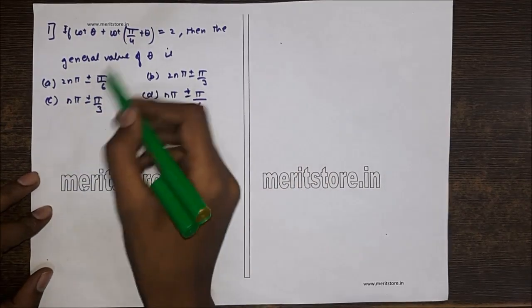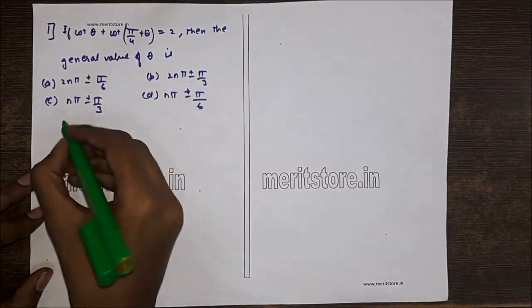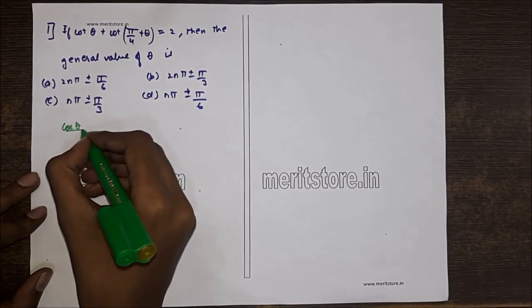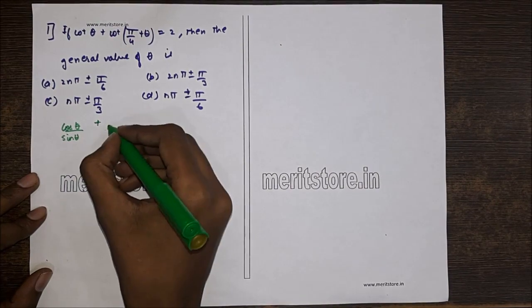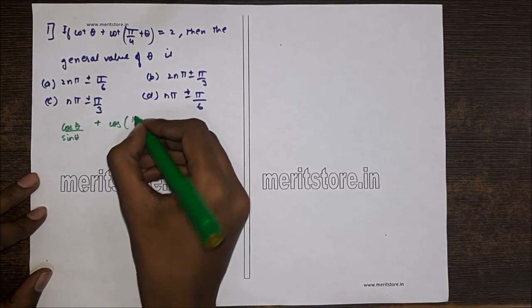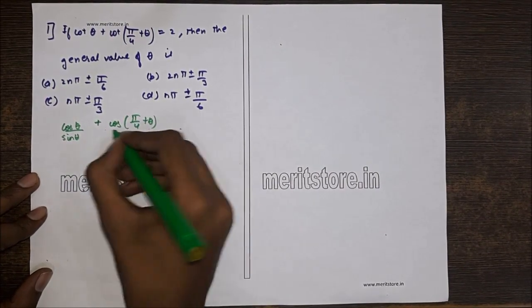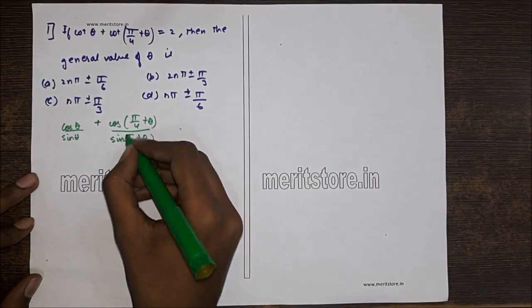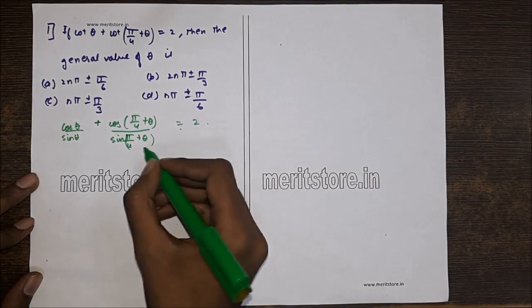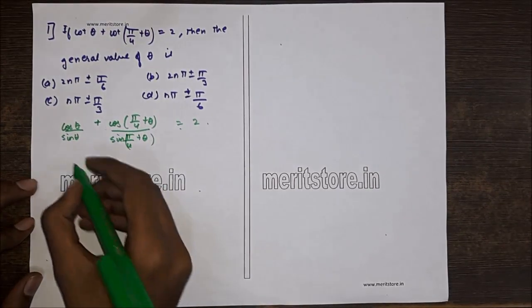So the first step is we convert everything into sine and cos. So cot theta is cos theta upon sine theta plus cos of pi by 4 plus theta upon sine of pi by 4 plus theta. This is equal to 2. Now we cross multiply the terms, we get